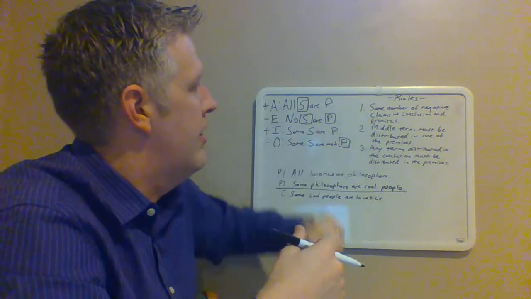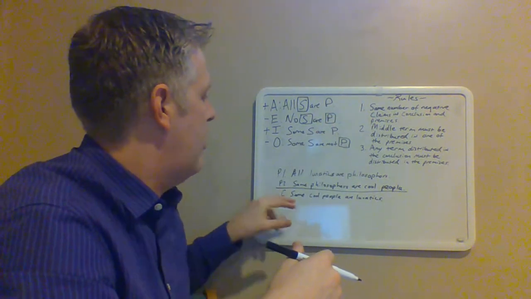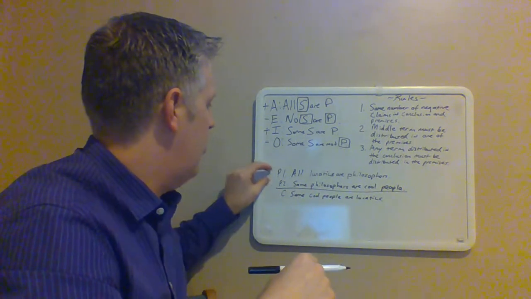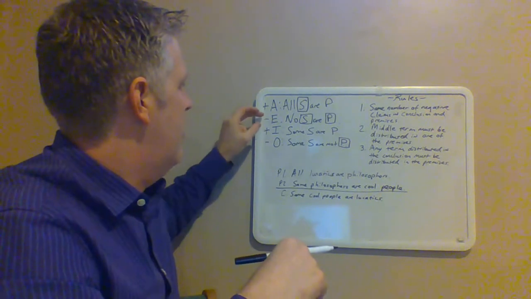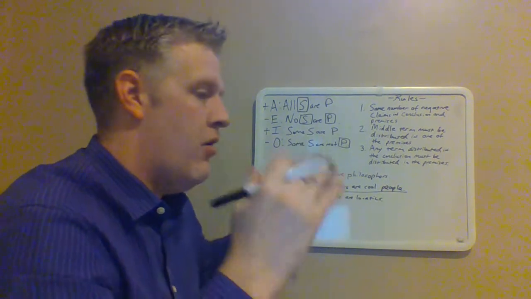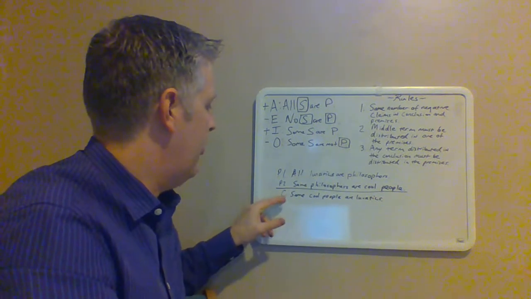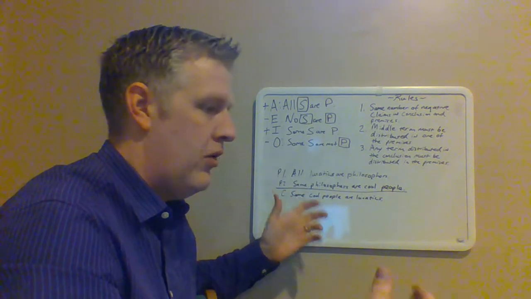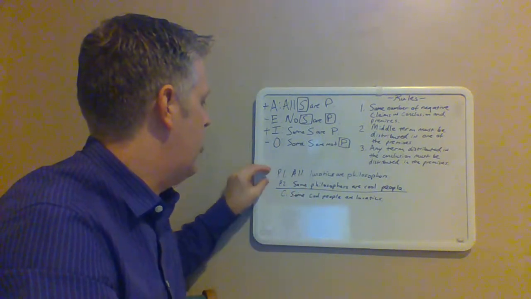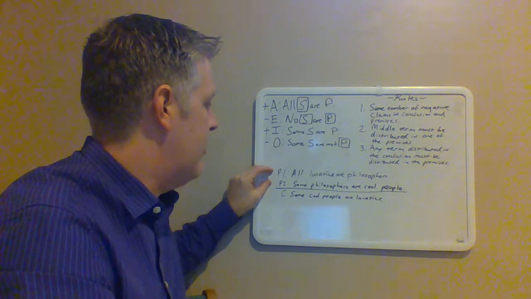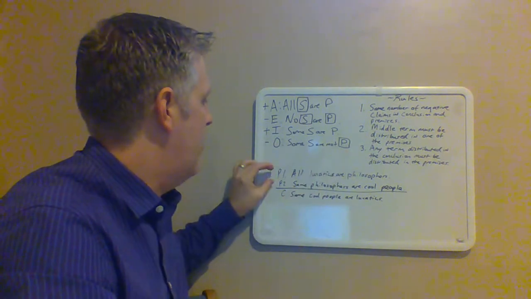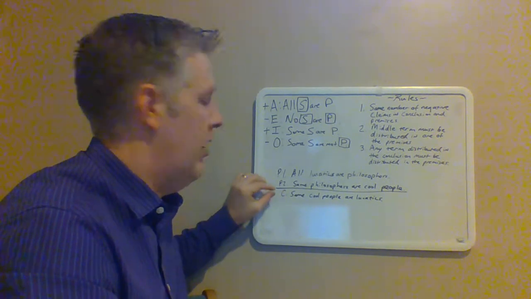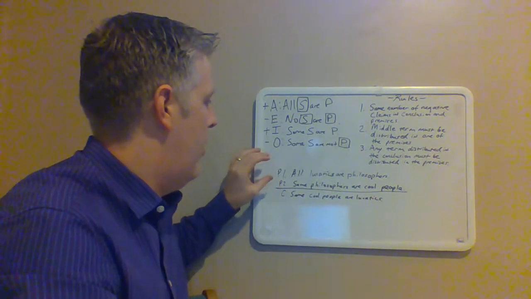with Rule 3. So Rule 1 is there must be the same number of negative claims in the conclusion as there are in the premises. So one cool thing about this is you know right off the bat that if you have two negative premises, right, so an E and an O claim, let's say, it's already invalid. You know that it's invalid. Why? Because you can only have one negative claim in the conclusion, right? So the most negative claims you have in the conclusion ever is one, right? So as soon as you have two negative premises, it's going to automatically be invalid. The most premises that can be negative is one, okay? So look, it has to be the same number of negative claims in the conclusion as are in the premises,